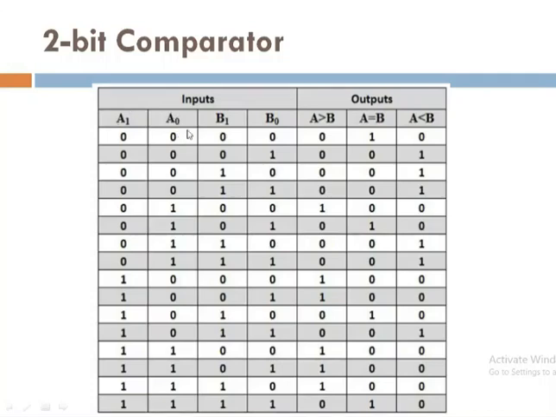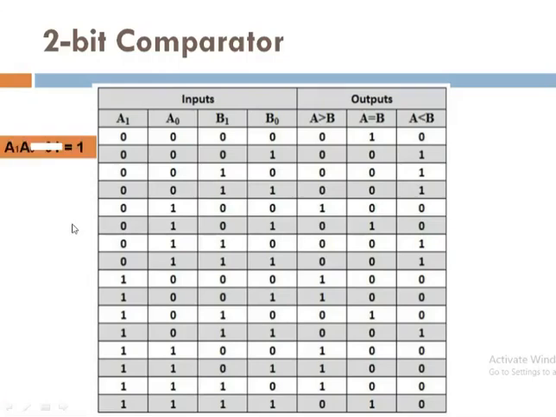Now how are we performing the comparison? Here you have to consider these two columns, which are going to be compared with these other two columns. How many input combinations do we require? There are 4 bits now, so 2 raised to 4 gives a total of 16 combinations. Start with 0 and go up to 15; you should write down all the combinations from 0 to 15. That is your input part. Now we are comparing these two columns with these two. How will the comparison happen, and how can we say which output line will be high?